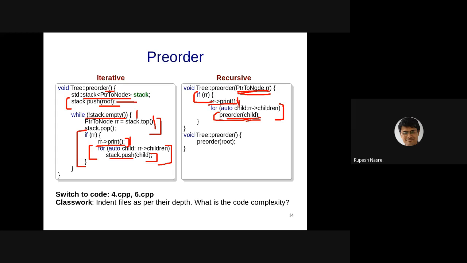So I hope this argument is clear. Order n square is correct, but it is not tight. Order n is the tighter bound. In fact, we should be able to even say that in general, the complexity is going to become order n plus order number of edges. The reason being that we are also iterating over the edges. When we are going over the children, we are essentially going over the edges of that node.